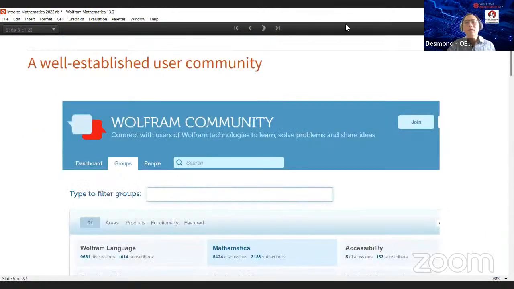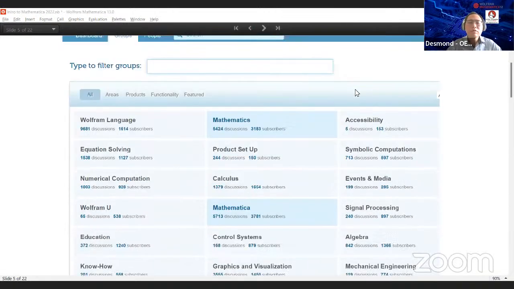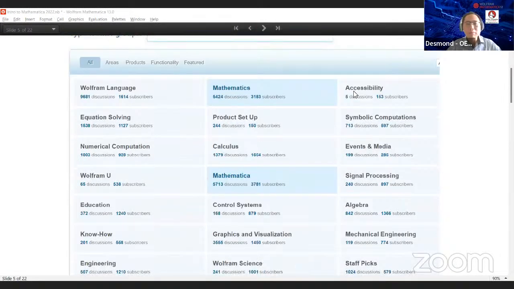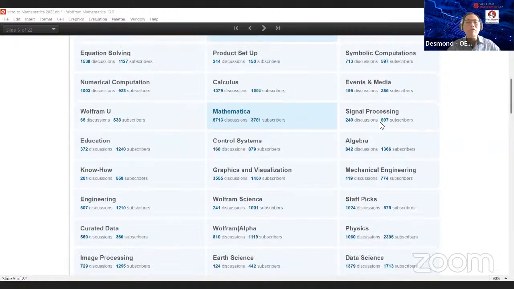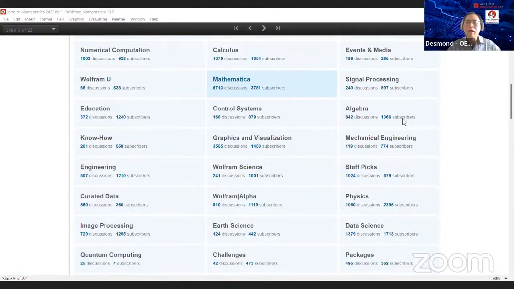Okay, if you go to the Wolfram user community and scroll further down, you can see all the topics people are actually discussing with the Wolfram language or Mathematica. You can see there are a lot of areas that people are using. People talk about Mathematica maybe for mathematics only. Well, yes, at the beginning probably it was, but 35 years later, it has grown to all the different domains. You can see different topics and category domains are available in Wolfram Mathematica itself,